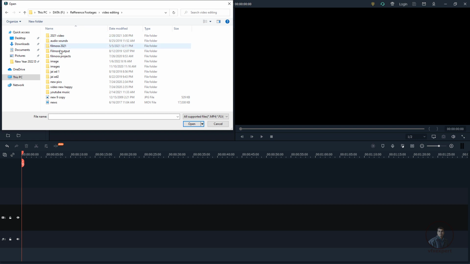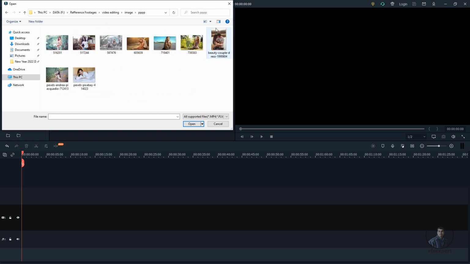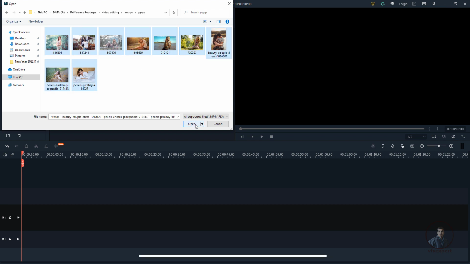First we have to import our images. Simply click on this image folder and select our images. So these are our images here. Simply select the first one, then hold Shift and select the last one. This will automatically select all media in sequence. Even if you want to select random files from your folder, select the first one, then hold Control and select the next one. Like this you can select random files from your folder. Now just select all, so press Ctrl A, then click on open here.